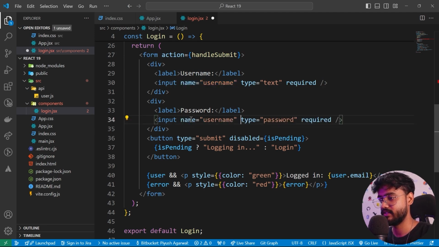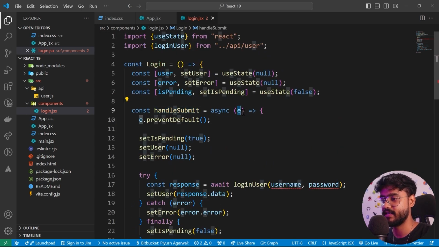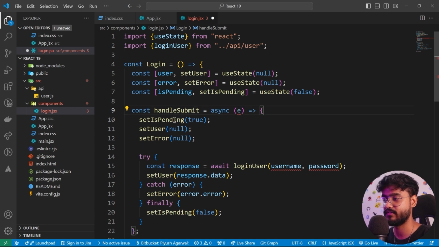And for password, we needed to do name equals password, right? That's fine. And when we did on submit, handle submit, it would take this event and create new form data and take out the form data from that, right? So now all of that step has been skipped, right? Notice. So instead of taking this event over here and doing e.preventDefault, we can just get rid of this